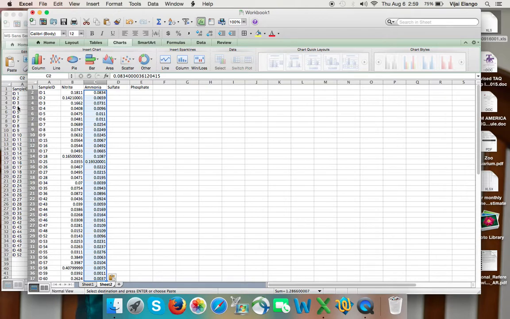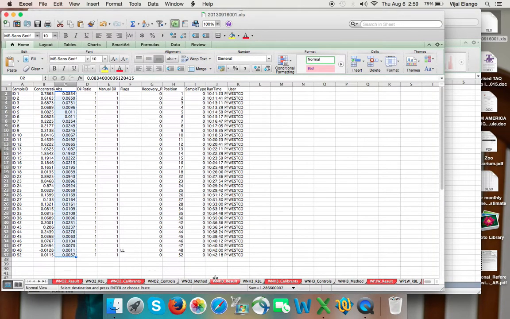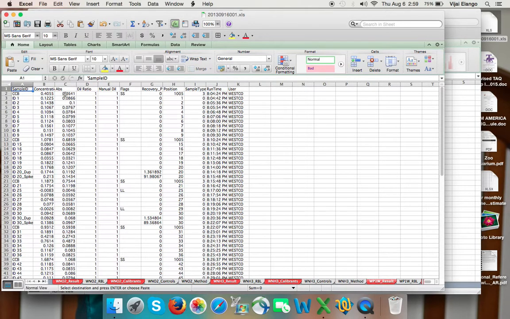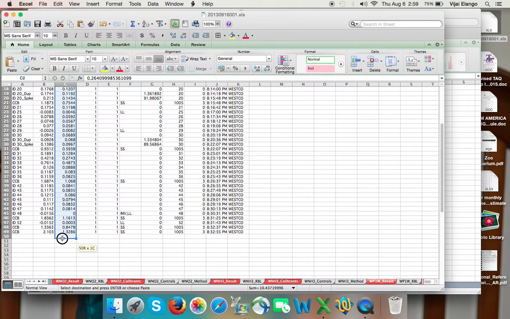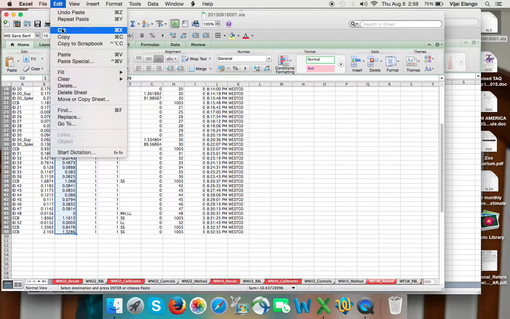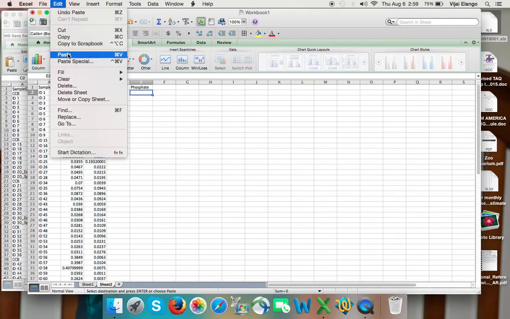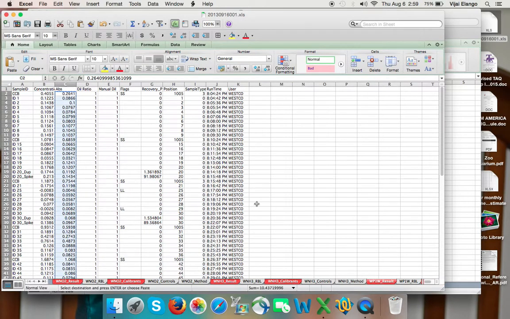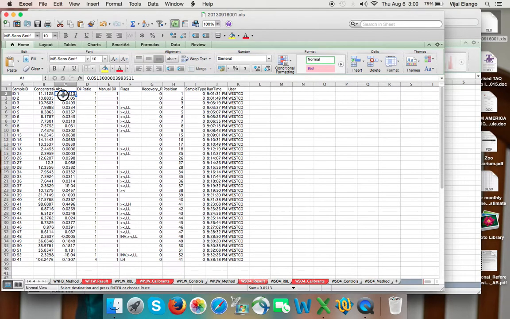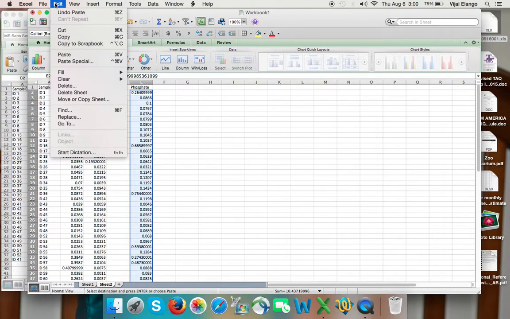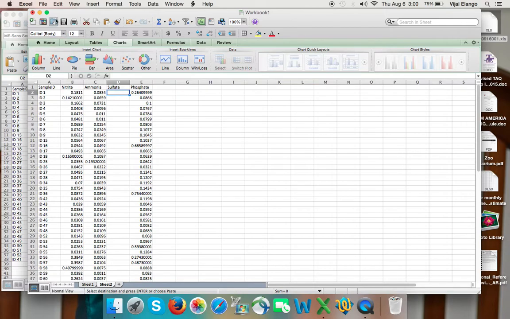Keep in mind we are just copying the absorbance, which is the raw data results from the instrument. So this is for phosphate, copy, phosphate, I'm going to paste it here, and we still have to copy the sulfate numbers, sulfate. For each nutrient you have different number of samples, so don't worry about the number of samples for now. It's going to change